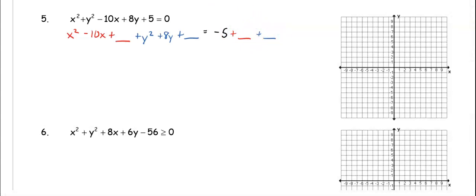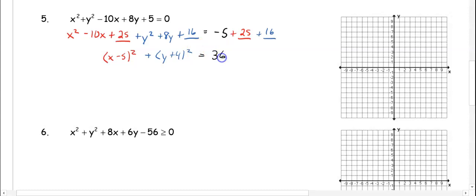So for the x blank, the b value is negative 10. Negative 10 divided by 2 squared is 25. And 8 divided by 2 squared is 16. So now we can factor. So x minus 5 squared plus y plus 4 squared